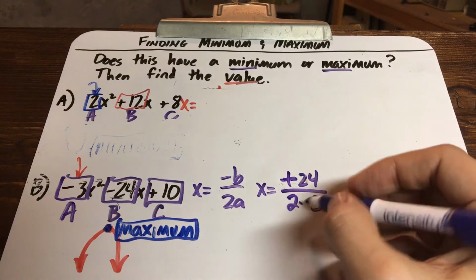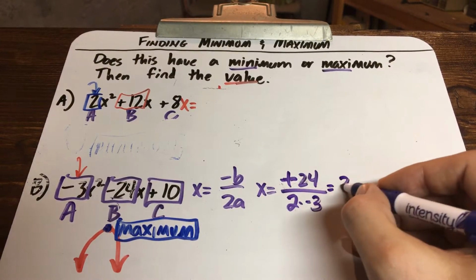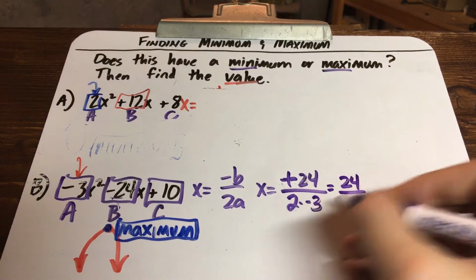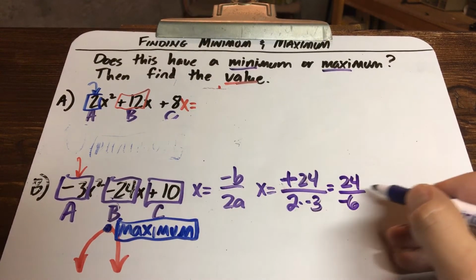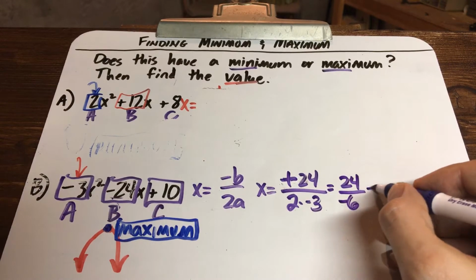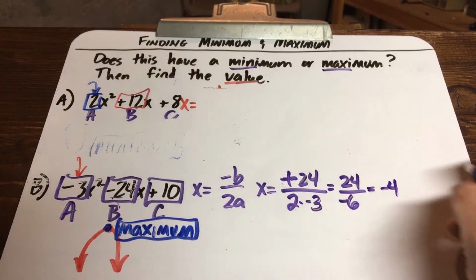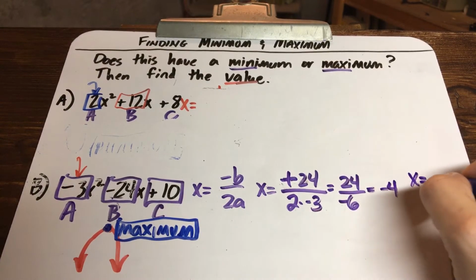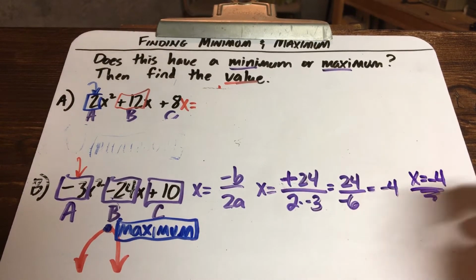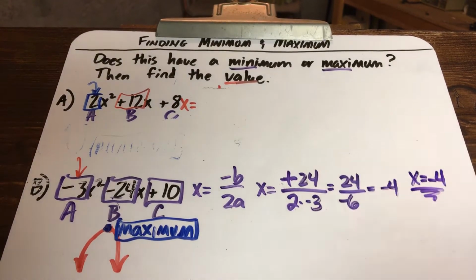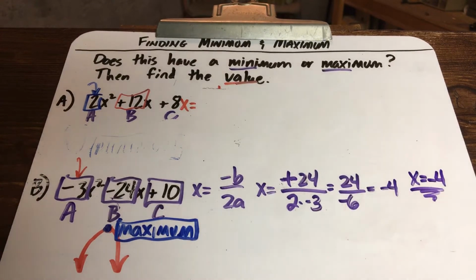So this is going to be what? 24, positive 24. 2 times negative 3, that's negative 6. Okay, 24 divided by negative 6, I think that's negative 4. So my axis of symmetry, even though it's not really part of this answer, is right here, x equals negative 4. Now that is helpful. It's not part of my answer, but it does help me